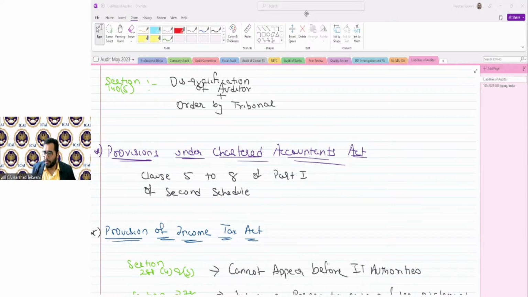Correct? Correct, Sumit? Correct, Manini? Okay, good. Remember,